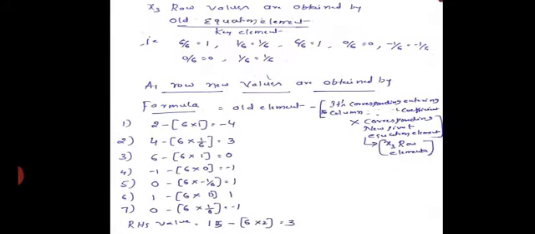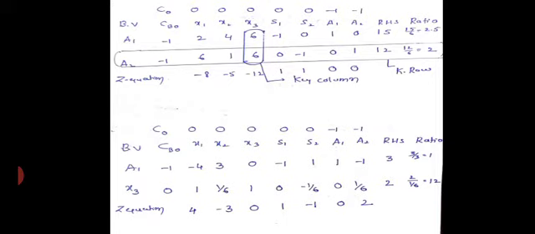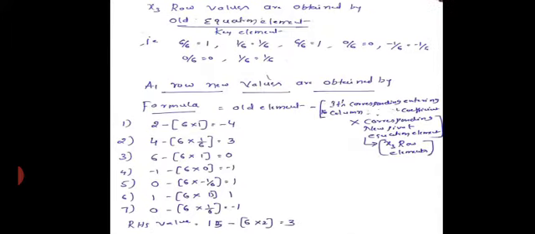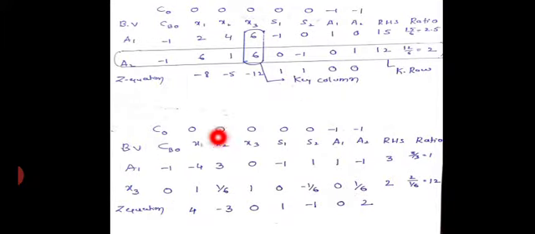Let us see, I have shown an example here. My old equation element for the A1 row is 2. Its corresponding key column coefficient is 6, and for x1, the new pivot row element is 1 here. If you do it, 2 minus 6, which is common for the entire row, key column element is 6, and entering one is 1. If you do it, you're going to get minus 4. That's what I have written here, minus 4.